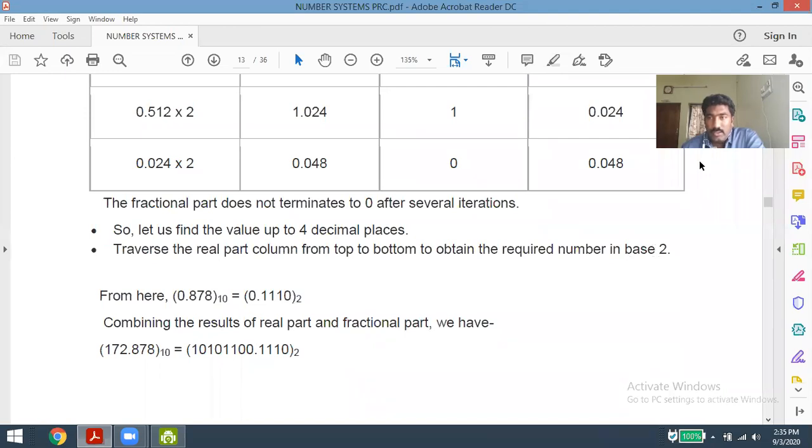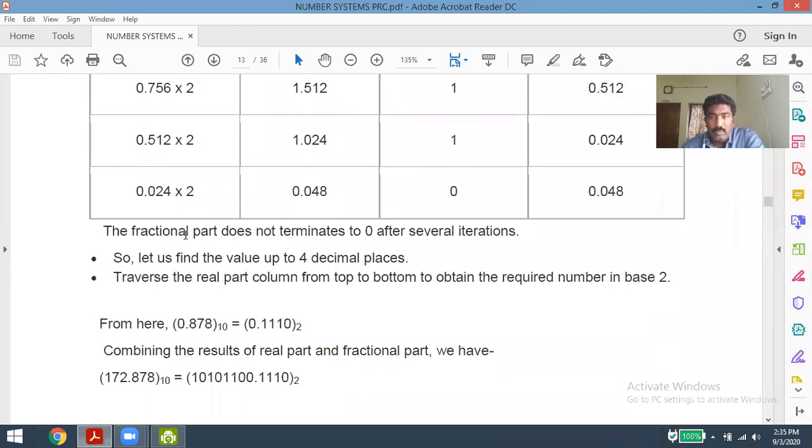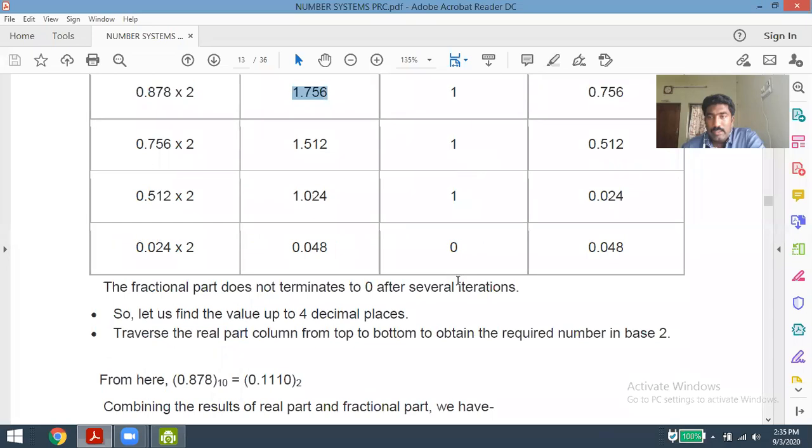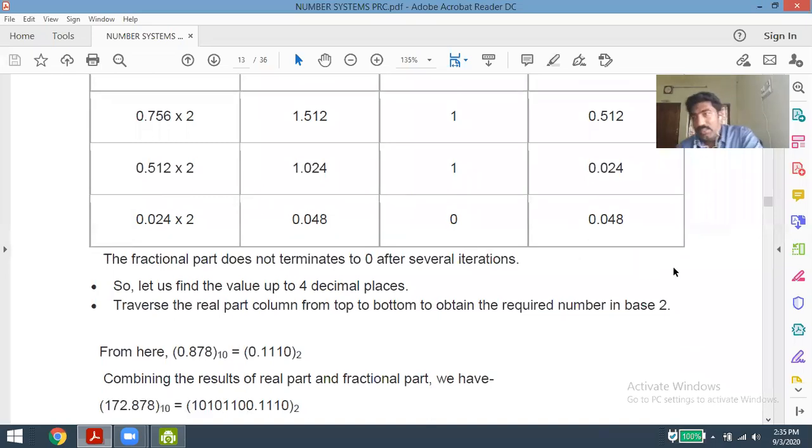If I go for the other operation, that is, multiplying 0.048 by 2 again, I will get some result. I'm going to get some fraction, that is, some real part value. The value I get here is only 0. How many times can you go for this process? I will get only 0 here, because I'm increasing the after-fraction value. If I increase it here, there is no value increment in the real part. So what you want to do is just stop the process.